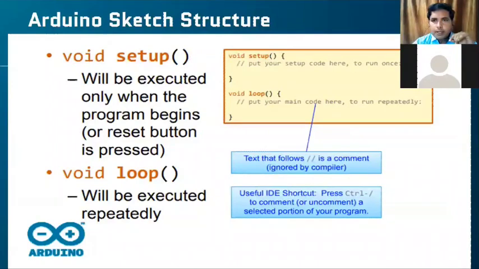In the void setup, you write the setup code, and in the loop, you write the main program. In the void setup, you write whatever inputs you are taking, such as the input button name. Suppose you are taking an input from pin number 10, so you mention input pin 10, and you are taking the output from pin number 13. You mention those things in the setup. And if you want to repeat the program, suppose you are blinking the LED, on for 10 seconds and off for 10 seconds, that repeated part you write in the loop. Whatever main program you write, the logic of the program is written in the loop.